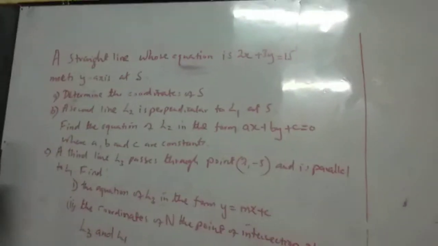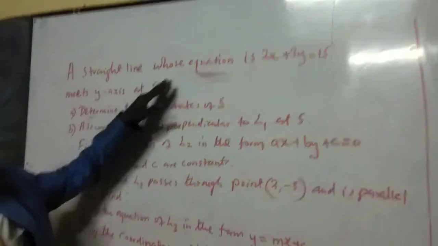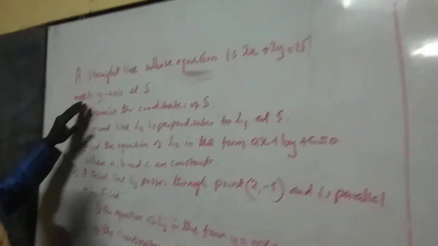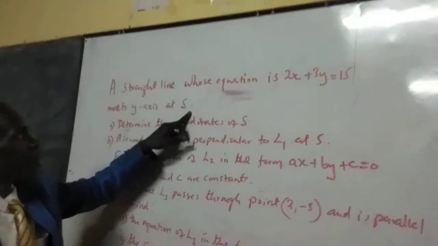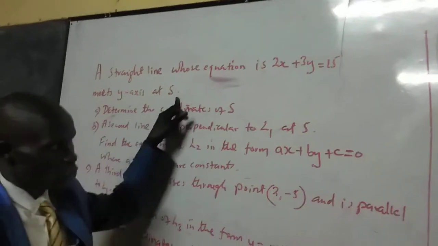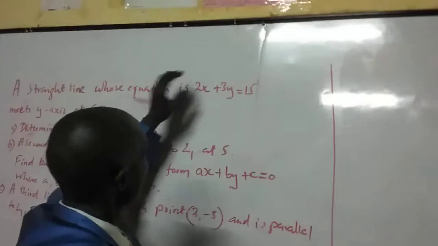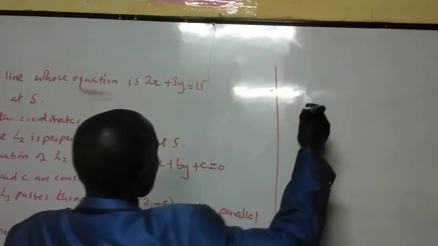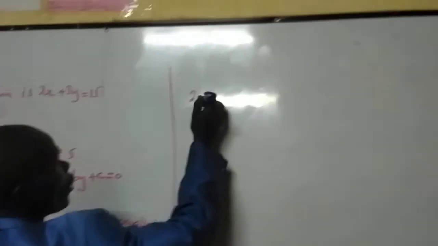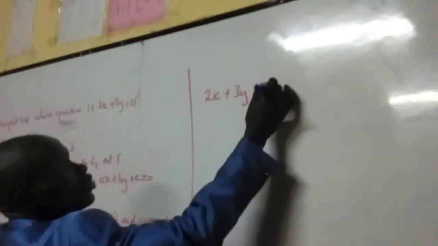Now we are faced with a problem here. A straight line whose equation is given as 2x plus 3y is equal to 15 meets the y-axis at point S. So there we are talking about the y-intercept. So for us to get the y-intercept, we first express this equation 2x plus 3y is equal to 15 in